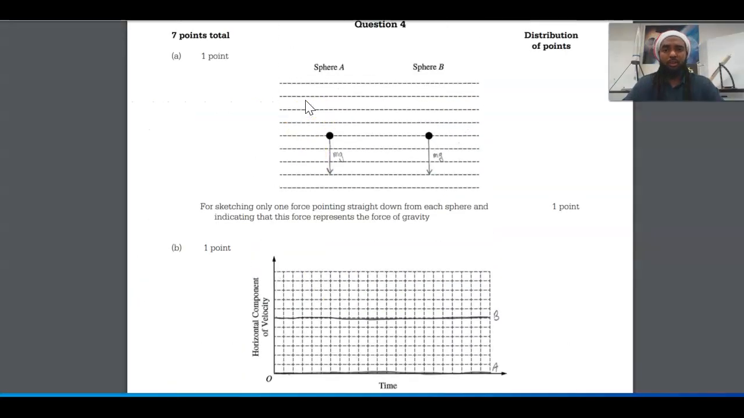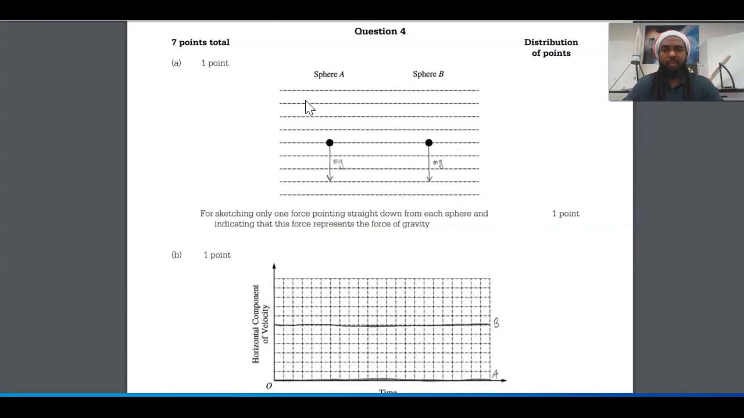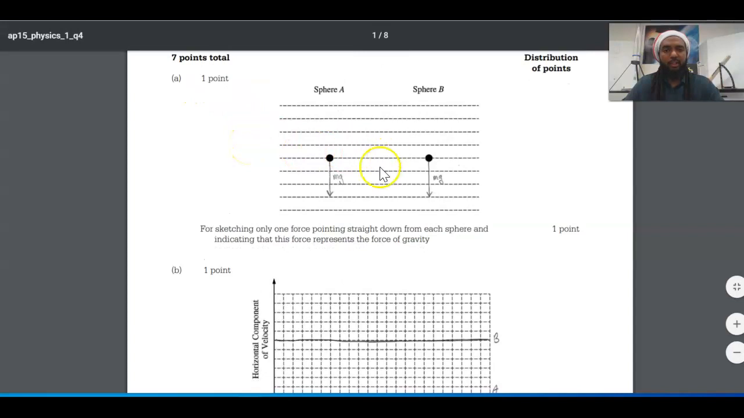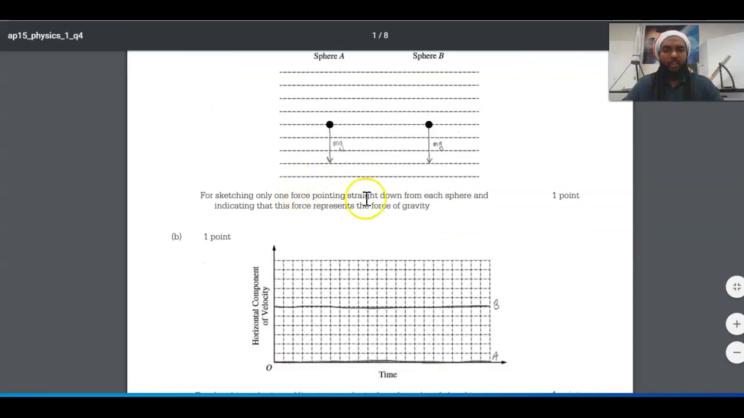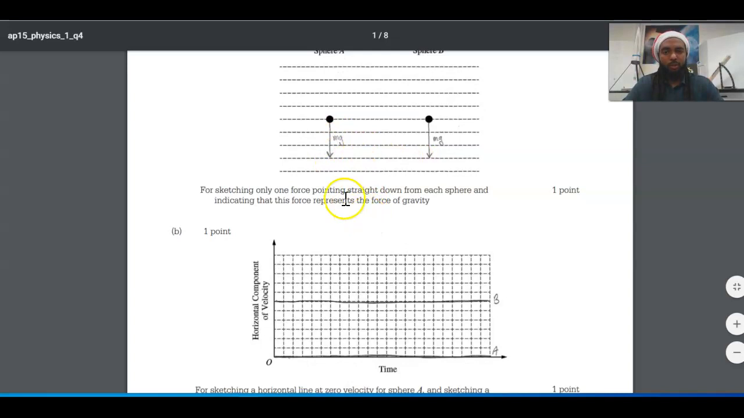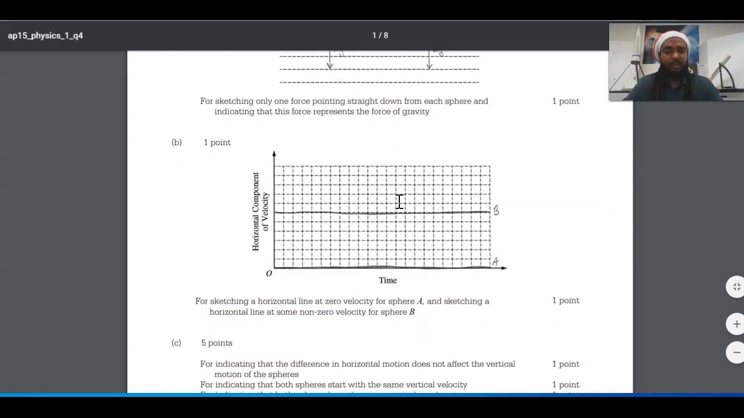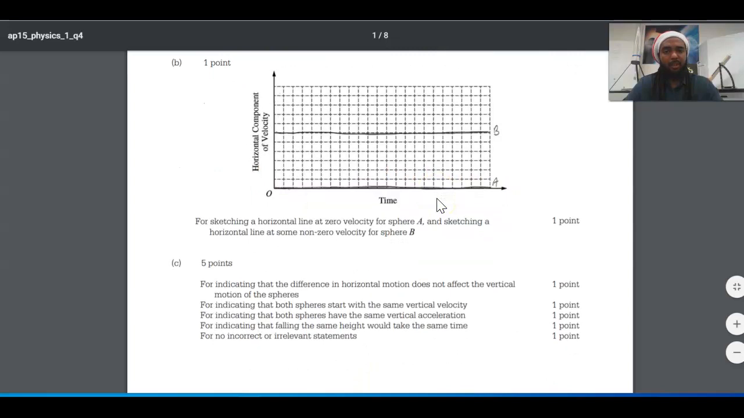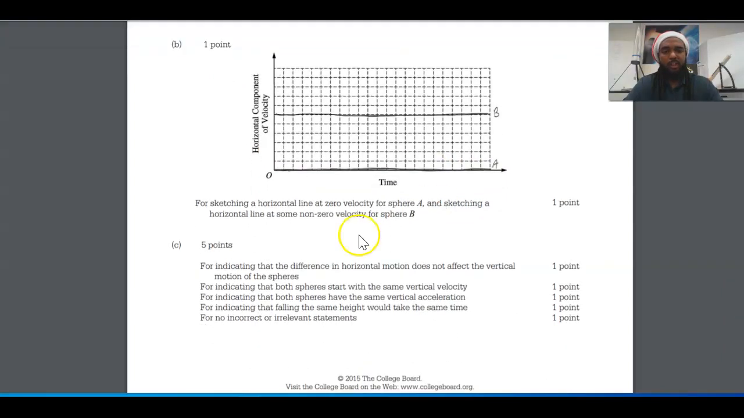So let's look at the actual scoring guidelines according to the AP. 7 points total, a single point for the free body diagrams. You have to indicate that the force represents gravity, either by putting mg or Fg, I assume. You should put them the same length. Once you have these horizontal lines here for the free body diagram, that means they want you to indicate the magnitude by the length. A single point for this graph for both lines,